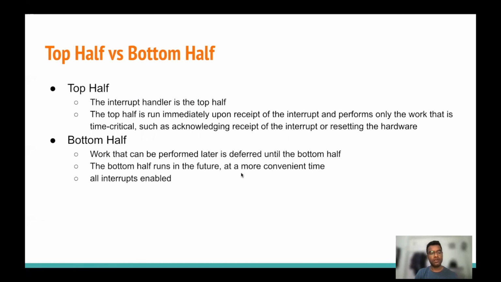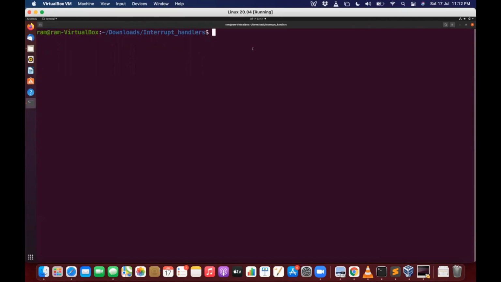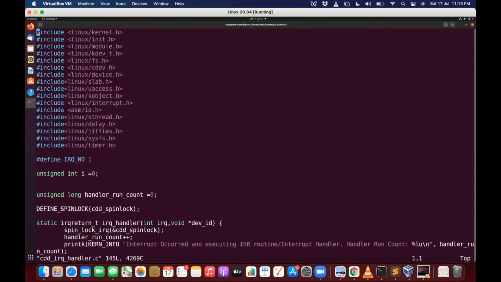So let's see the code of the implementation of interrupt handlers. Let's see the implementation of an interrupt handler for keyboard. Here you can see that I have defined interrupt number 1, and this is interrupt number 4 keyboard.